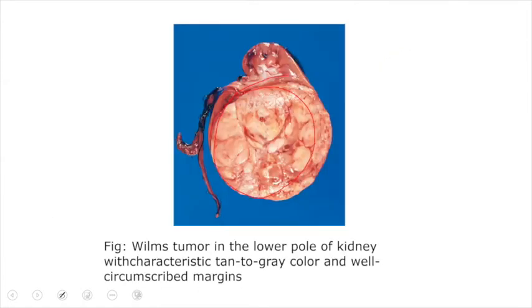So we can see this area of Wilms tumor. We can see this focus, especially in the lower pole of the kidney, and we can appreciate the color. It is tan to gray in appearance. See, this is the normal appearance of the well differentiated kidney, and this is the improperly differentiated kidney. The color has changed, it is slightly tan, and it is a well circumscribed mass, and we cannot appreciate any hemorrhage or necrosis in this diagram. But if the disease is severe enough, then we can even appreciate areas of hemorrhage and necrosis.